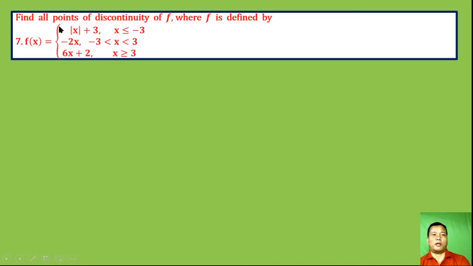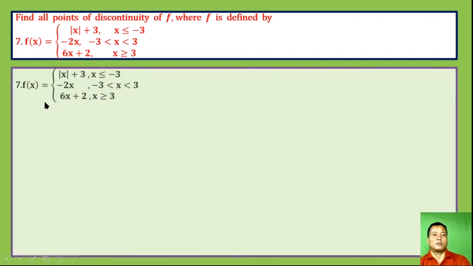Number 7. Another question on point of discontinuity. Here f of x is defined as